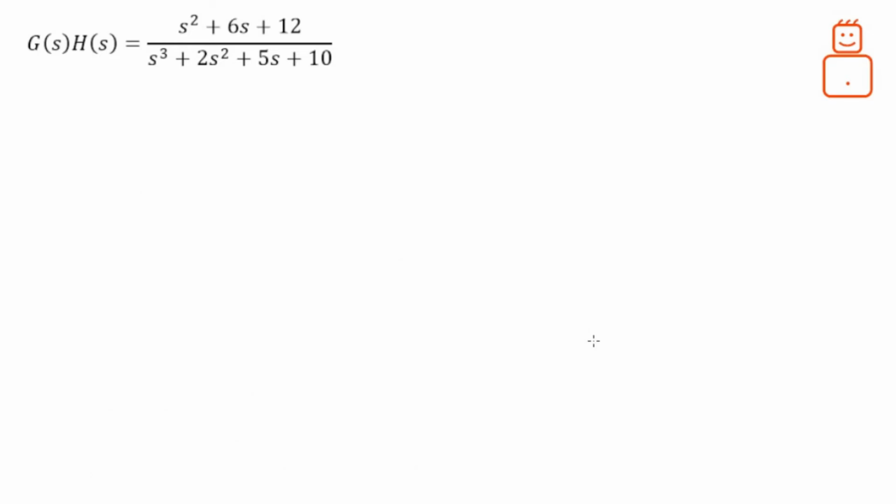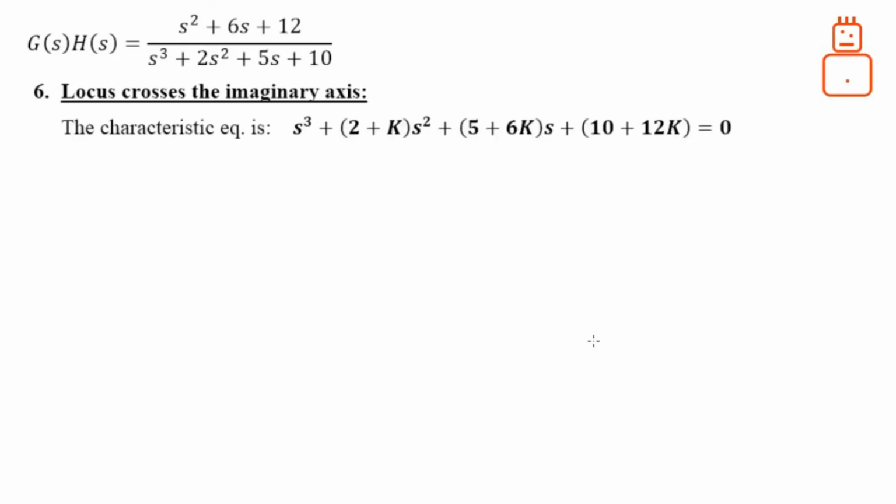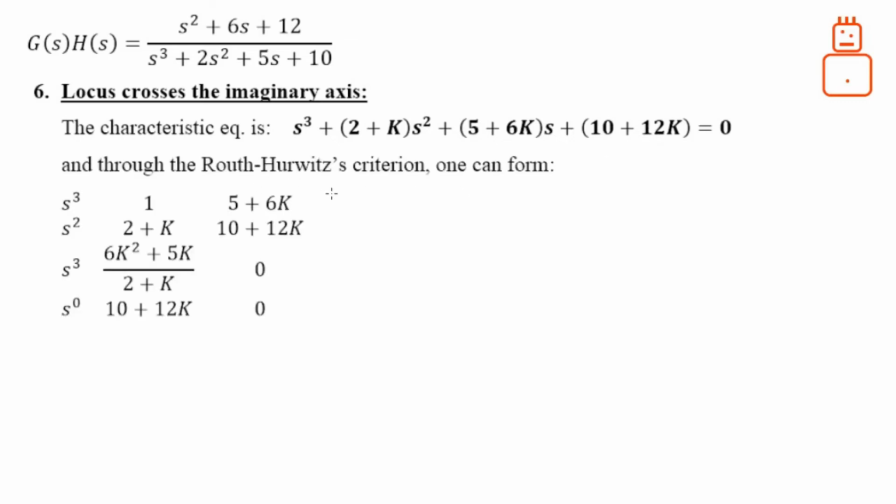The last point is to find the locus crossing the imaginary axis. So we use the characteristic equation we formulated previously and make use of the Routh-Hurwitz criterion, do the table of the Routh-Hurwitz criterion. Let me remind you that